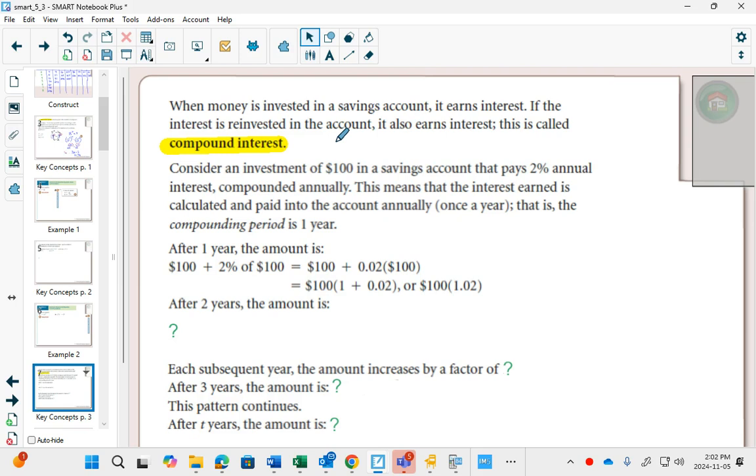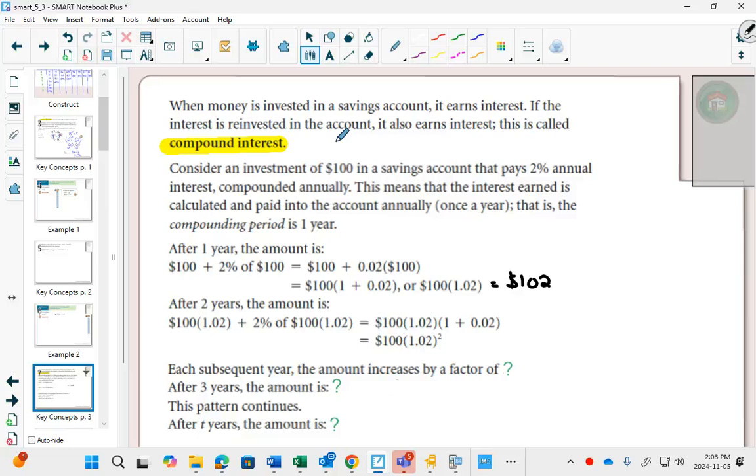And what's really cool here is if you factor out the 100, then you just get 1.02. So your $100 is getting multiplied by 1.02. And you would have, very exciting, after a year, $102. Then, the next year, you would have your $102, and then you would get 2% of that, again factoring, and your total amount after 2 years would be $100 times 1.02